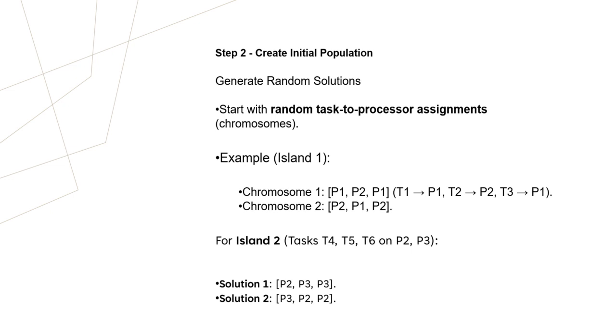So what are solutions? These are the possible combinations. As you see, in chromosome 1 there are possible combinations in the form of P1, P2, P1, and similarly in island 2 there are possible combinations in the form of solution 1, solution 2, representing P2, P3, P3, then P3, P2, P2. Then moving forward,